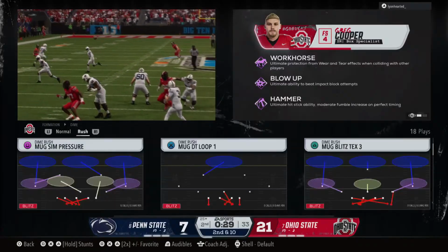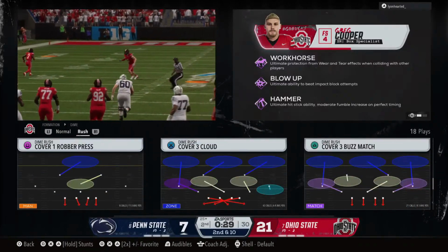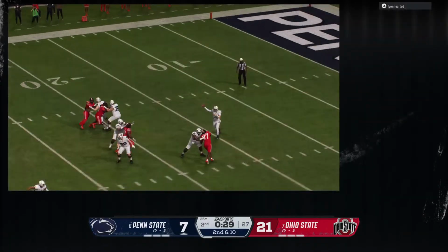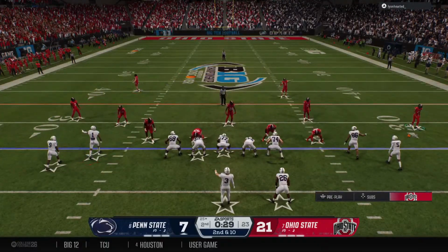Well, the name of the game for this defense is to pressure this quarterback as often as you can, and that's exactly what they've been able to do here in this first half. It looks like they've got him rattled a bit, as that pass should have been his second interception in the first half alone.